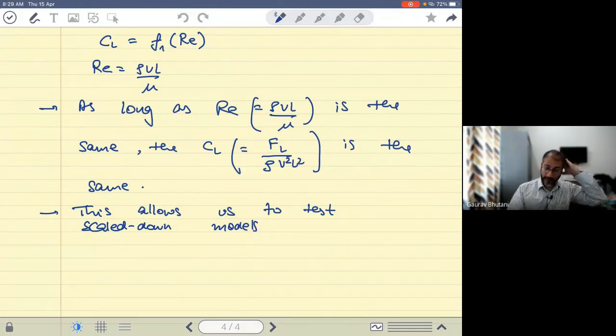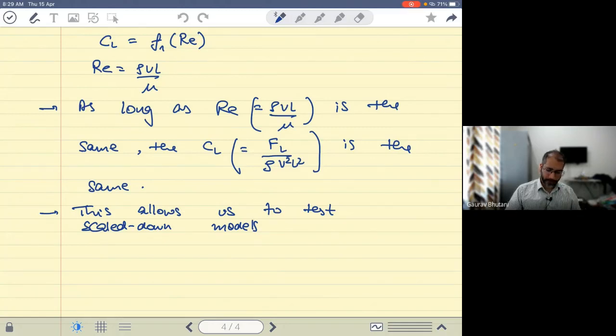Okay, so this functional relationship, this F1, still has to be found out through experiments. I mean, dimensional analysis does not give us the function. The word suggests it's only talking about dimensions. It's talking about some ratios. It is not talking about the actual functional relationship. So that has to be found out. Okay, so let's take an example of an actual design situation, and then we will understand this process a bit further with the same aerofoil wing case.